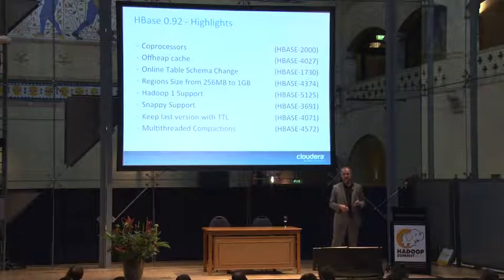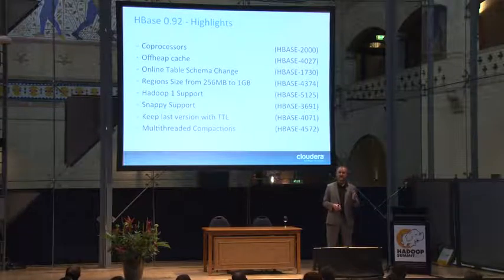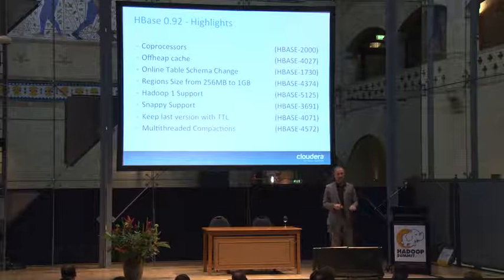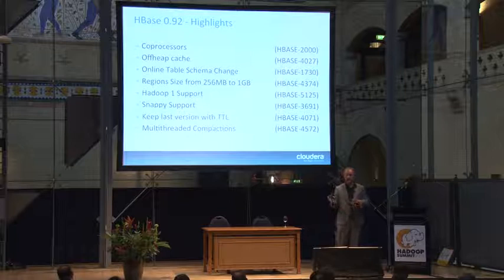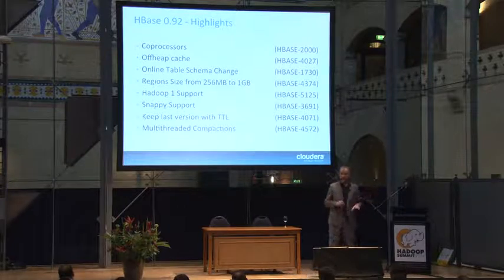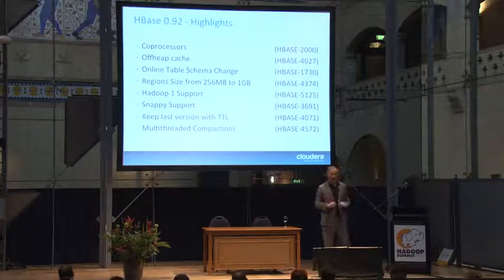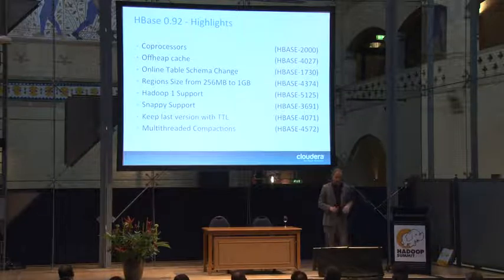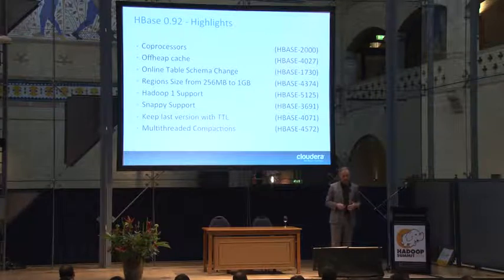The problem is sometimes you want to have at least the last updated value. You don't want to throw everything out. You want to at least have what was written last, doesn't matter how old it is. And that's what went into 92. So you can actually configure, do not delete the last version of everything. So at least you have something that is archived and sits there, and you can read something from there without saying, well, that is gone now. I don't know what his name is. He hasn't changed his name in 30 days, right? So it's customer XYZ, but I don't know what his name is. Bad idea.